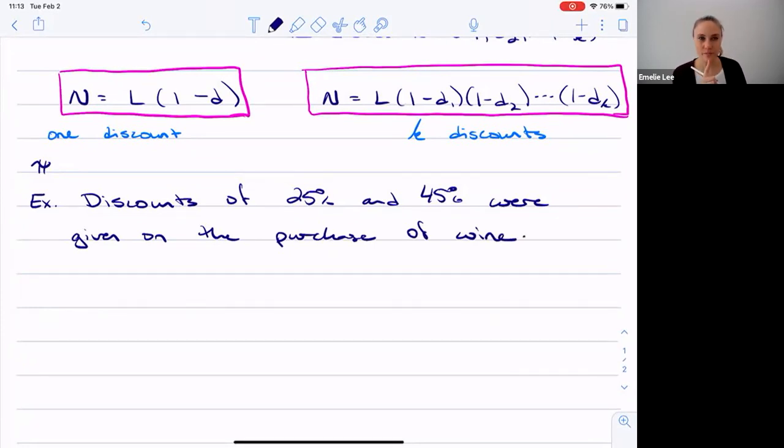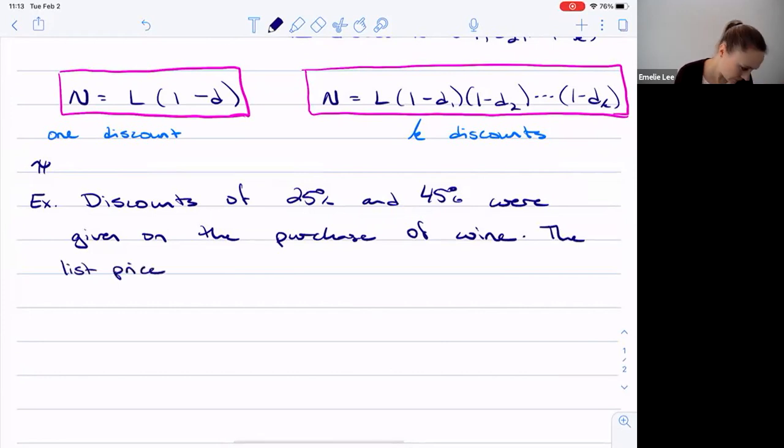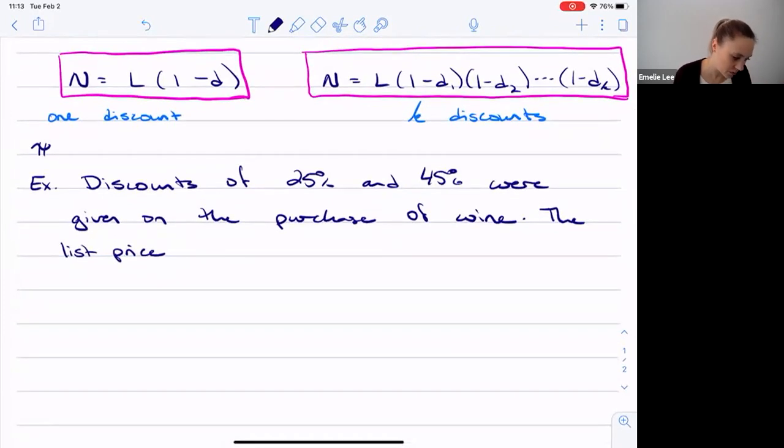Okay, so first off, I've got multiple discounts, right? I've got 25% and 45%. Where you are in the supply chain would definitely affect that, but anyways, let's just say that this is to the retailer. The list price for the wine